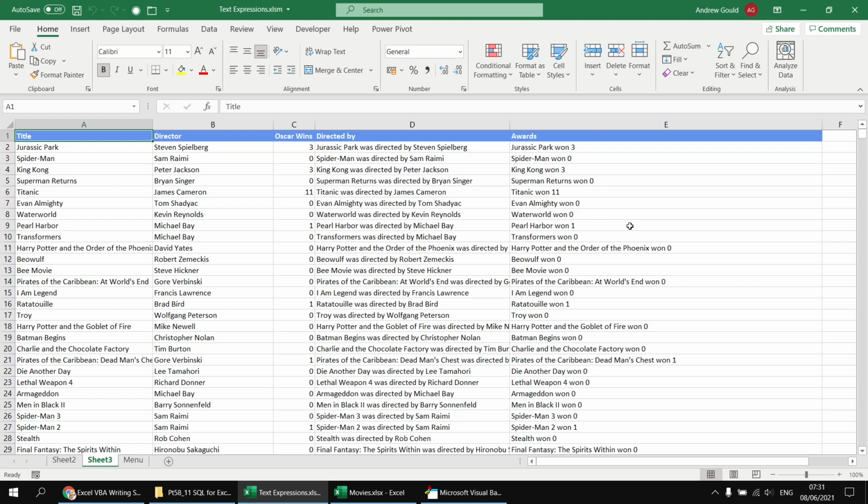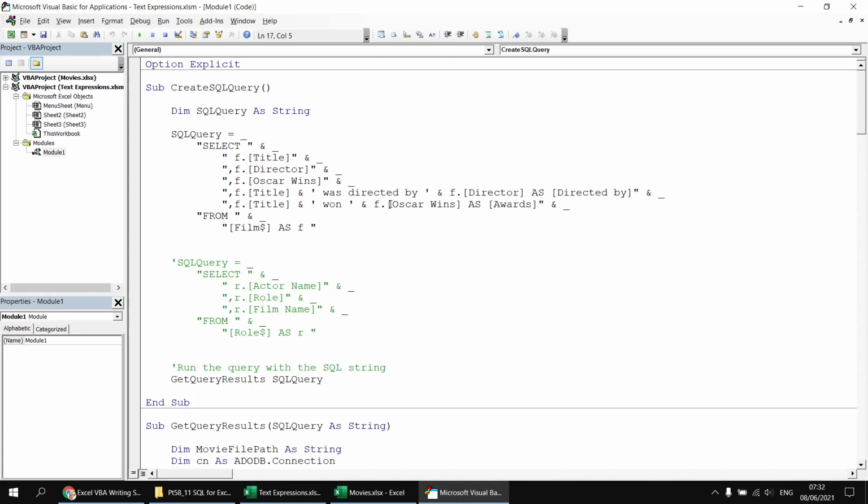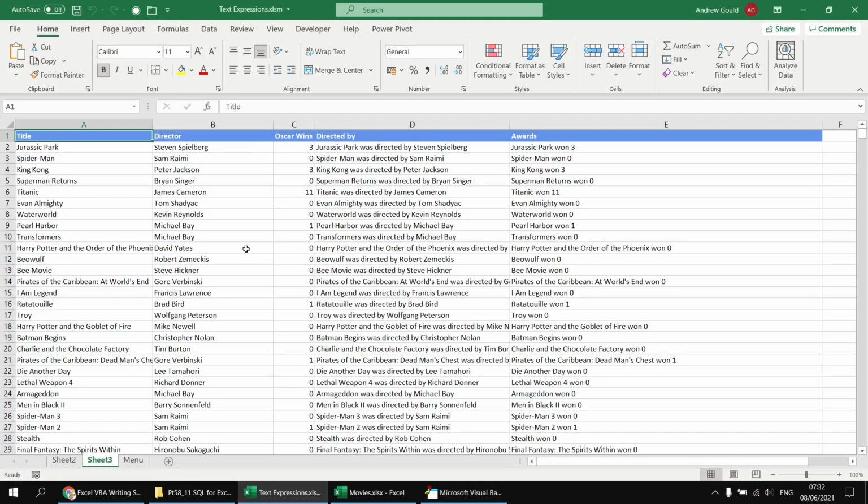Let's do the simple pragmatic version first of all. If we head back to the Visual Basic Editor, after we've concatenated the value of the Oscar wins field, we can then concatenate another piece of text, so I'll use an ampersand and then in some single quotes, starting with a space, I can enter the word Oscar and then in some round brackets, simply place the letter S. I can then close the round brackets and then close the single quotes,